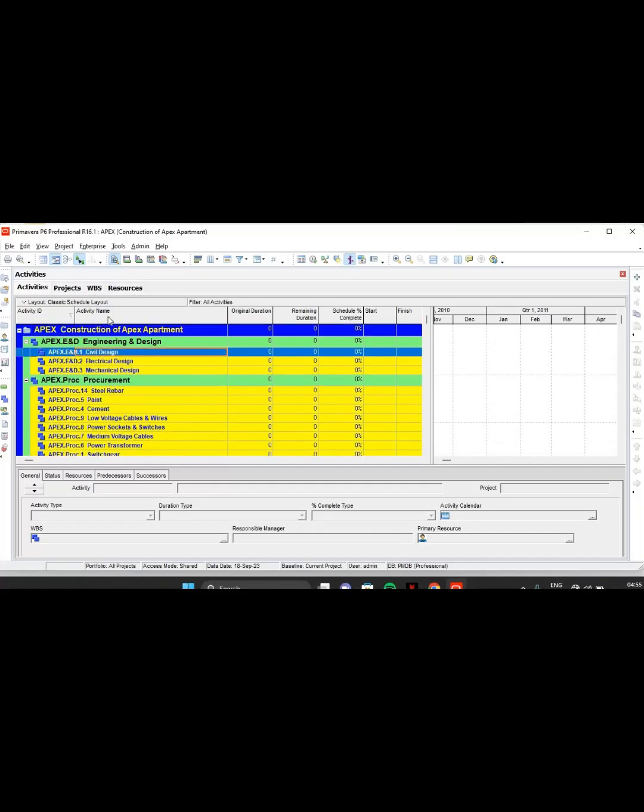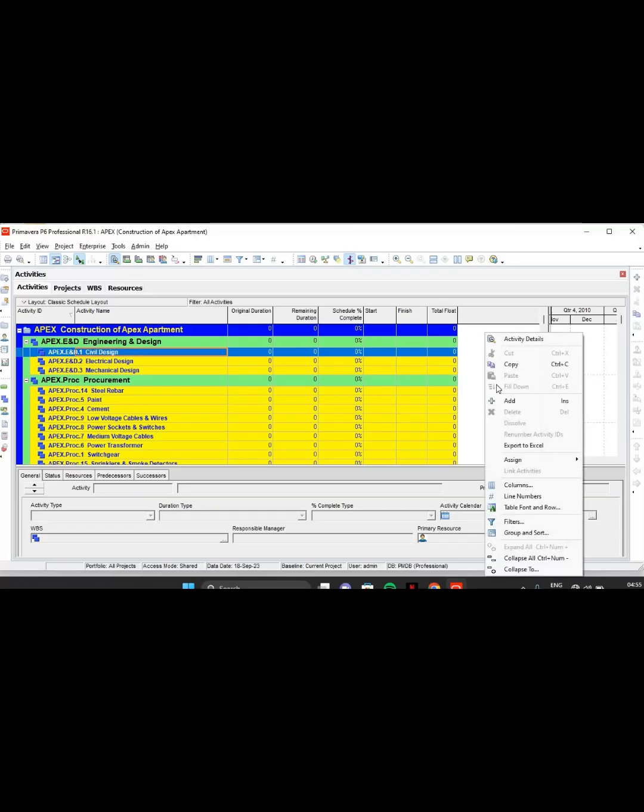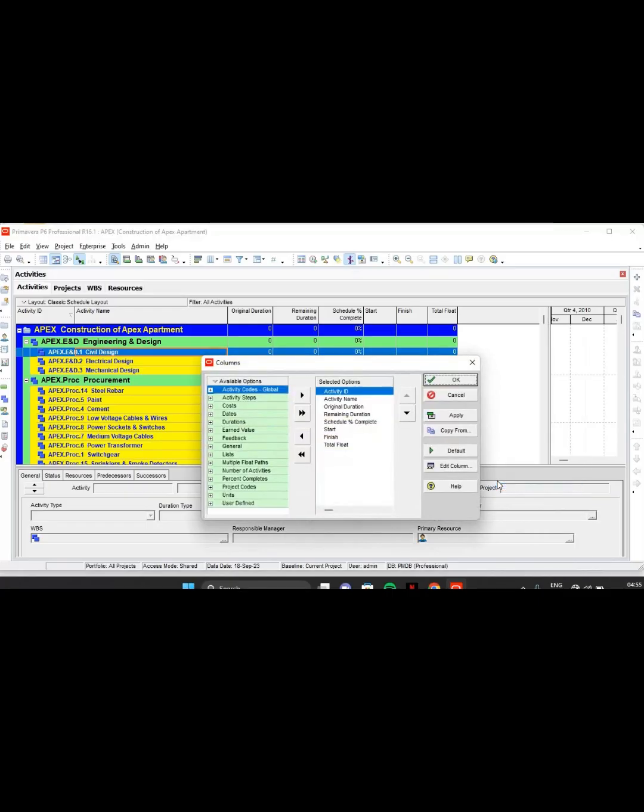So first of all we will see these columns. Activity ID, one column. Activity name, another. Original duration to be kept. Okay, remaining duration, schedule percent complete, start, finish, total float. So if you click right, okay, there are columns. Click these columns. Here we will keep whatever we want to show. If we don't want to show something, like total float,